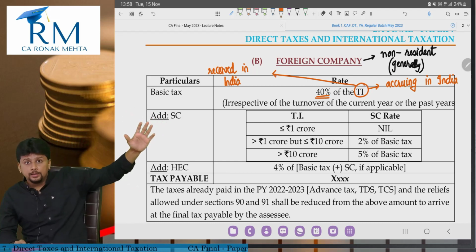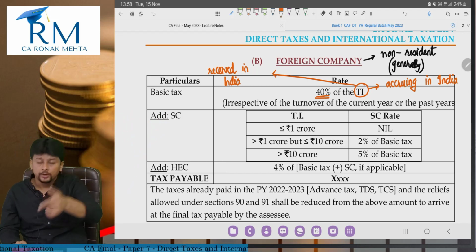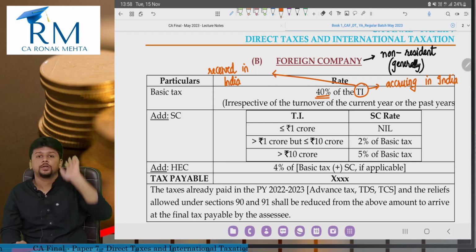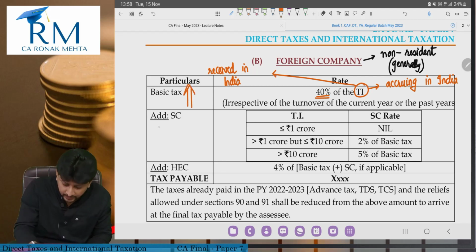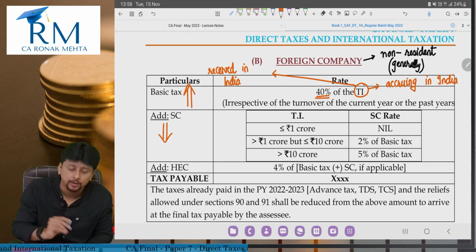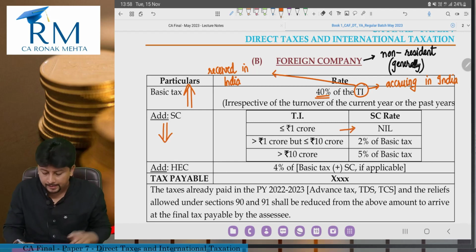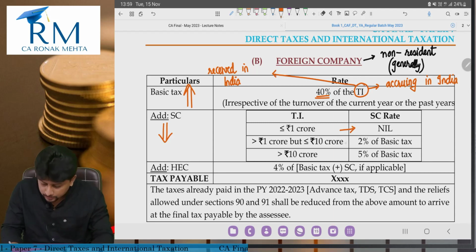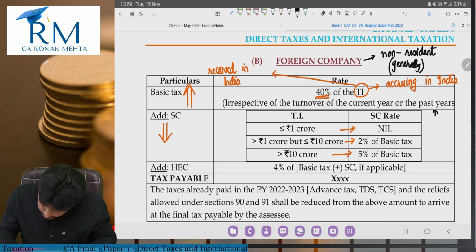Domestic company, the basic rate was 25% or 30%. Foreign company, the basic rate is 40%. For a foreign company, basic rate is higher, and you will observe surcharge percentages are lower. Up to 1 crore, no surcharge. Above 1 crore, but up to 10 crore, 2%. Above 10 crore, 5%. If you make a comparison, for a domestic company, this was 0,